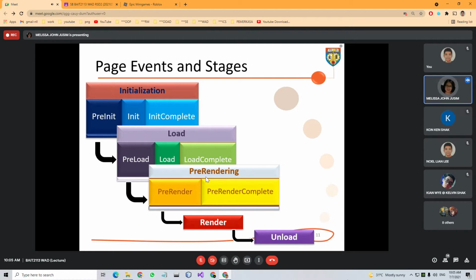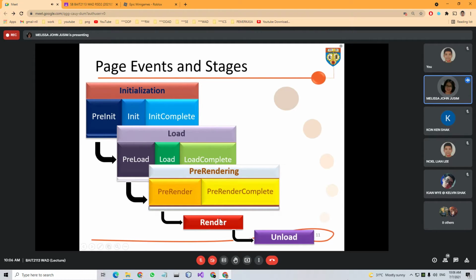There's one slide showing us an example of this code, a hidden field. This hidden field will contain the view state values. So every value that we have will be stored in this particular hidden field. All right, so this is pre-rendering.